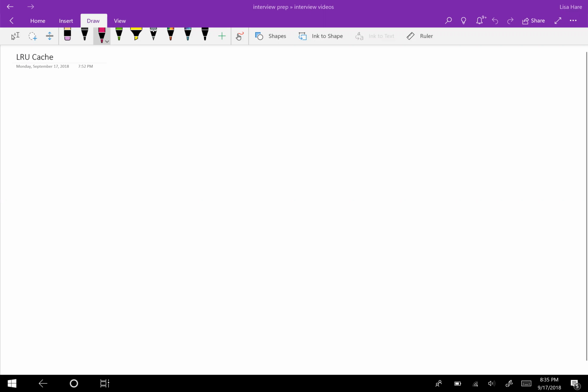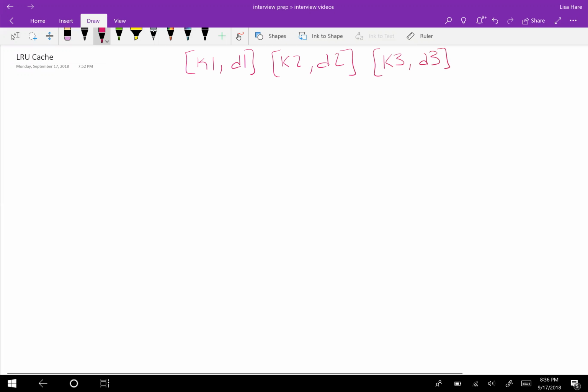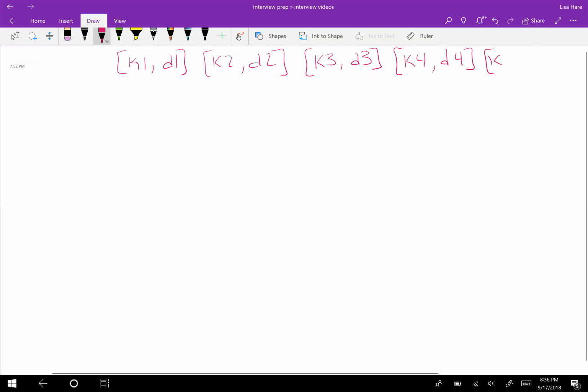So to give a little example, if we have kind of these data sets, key 1 with data 1, key 2 with data 2, key 3 with data 3, and key 4 with data 4, and then maybe we got key 2 again. Okay, so what we would do is we would make a map,